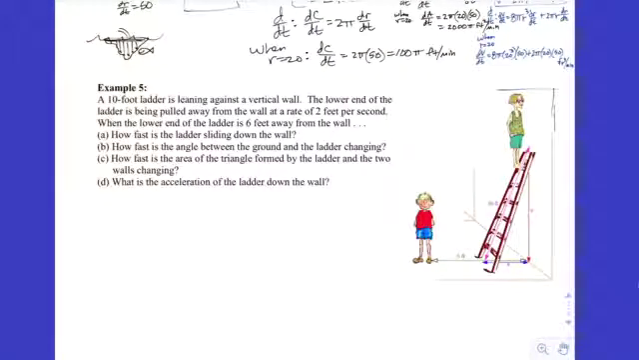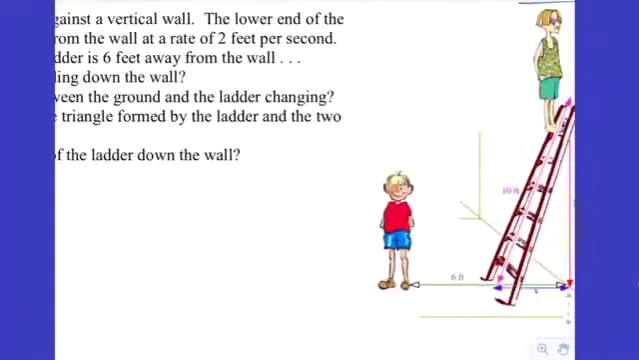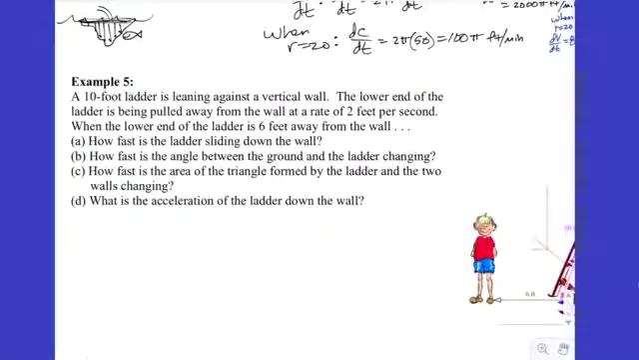So anyway, here's the scenario. A 10-foot ladder, a fixed ladder, is leaning against the vertical wall. The lower end of the ladder is being pulled away from the wall at a rate of 2 feet per second. I wonder who's responsible for that. Okay? When the lower end of the ladder is 6 feet away from the wall, we're going to answer all